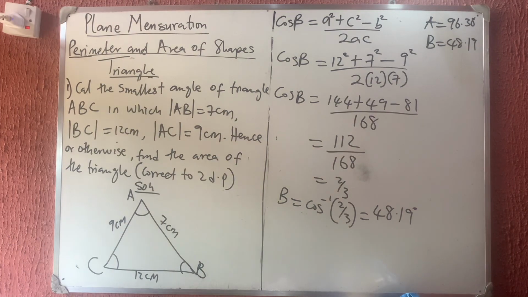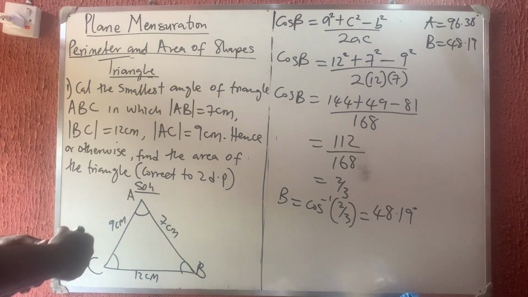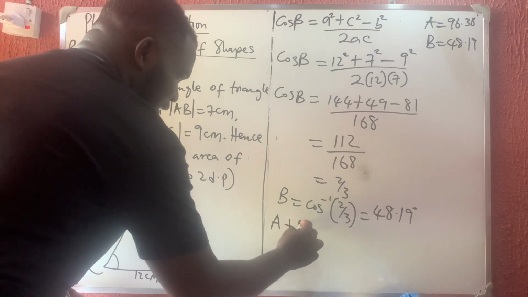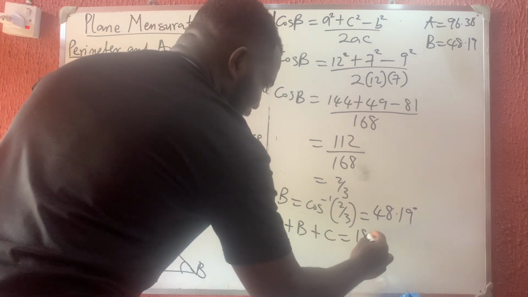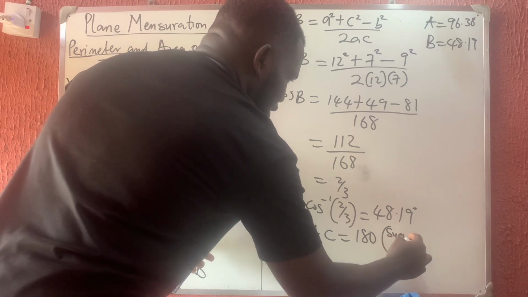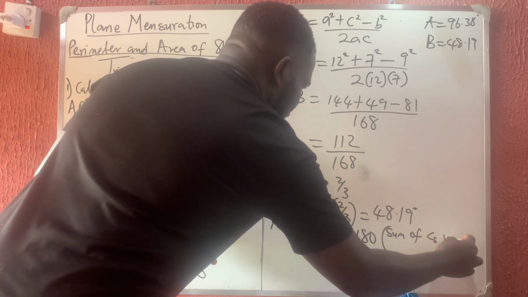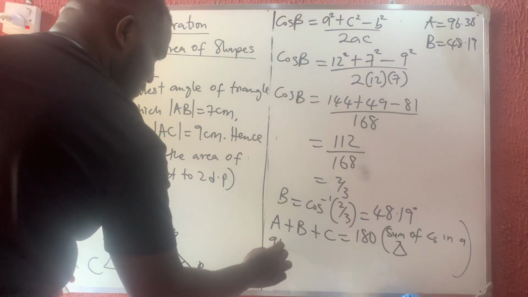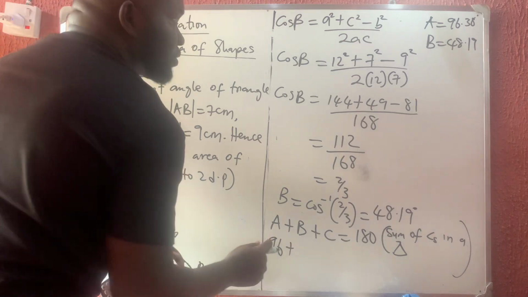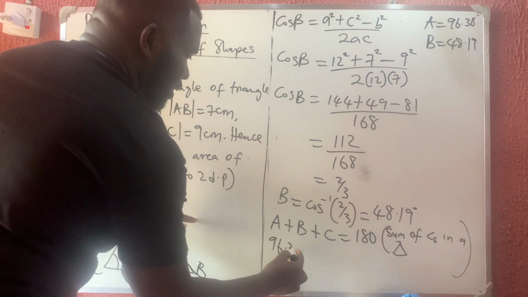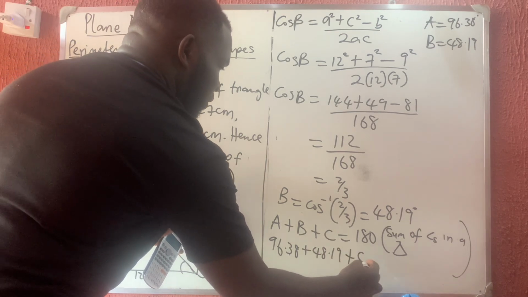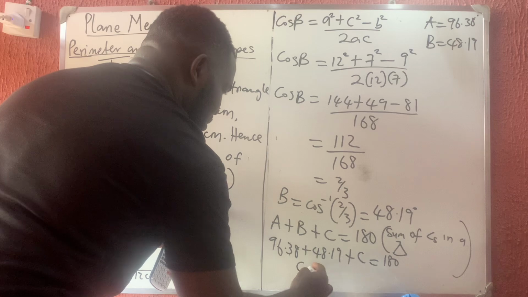Now, for me to get my C, instead of repeating this method, we know that the sum of angles in a triangle is 180. So we can say that angle A plus angle B plus angle C is supposed to give us 180. And my reason is the sum of angles in a triangle. So what do we have? My A is 96.38 plus 48.19, then plus C is equal to 180. So therefore, my C will now be